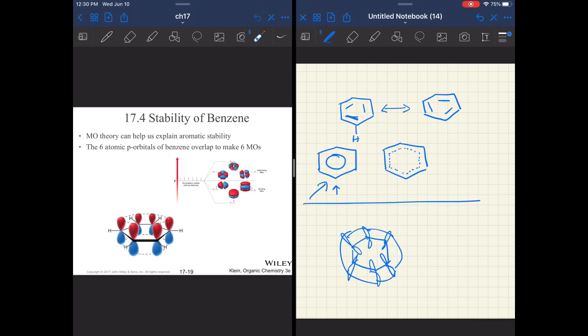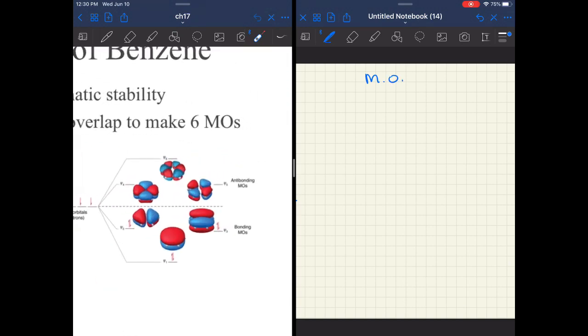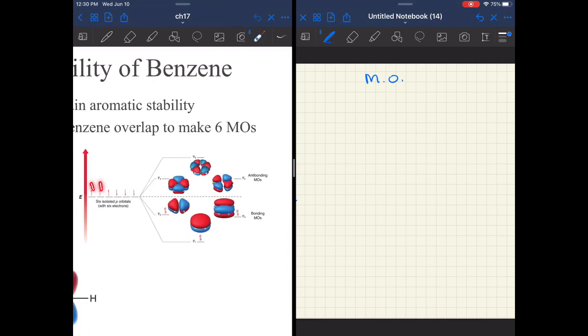When we look at the molecular orbital theory diagram, we're just focusing on those pi electrons. Remember, there's 1, 2, 3, 4, 5, 6 p orbitals. So we're going to wind up with 1, 2, 3, 4, 5, 6 molecular orbitals. You are going to have overlap in a way that is lower in energy. The lowest, of course, is where everything is in phase. Then you are going to have